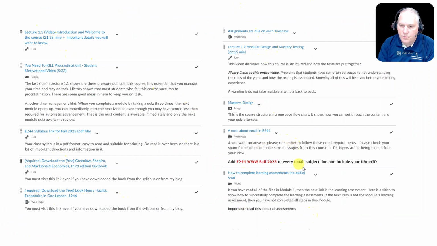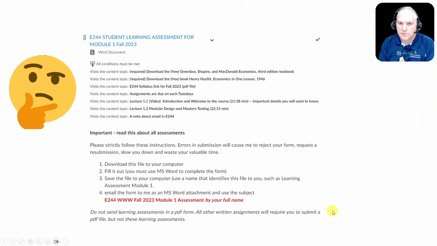And then when we get to the very end, we're going to do a student learning assessment. I want to spend just a minute or so on this. Notice that you're looking at my screen. I don't know if you see all these conditions must be met. I kind of hope you do, but if you don't, you're not going to see this assessment, which is always the last in every module. You're not going to see it until you open all those links. That's not true in all the future modules.